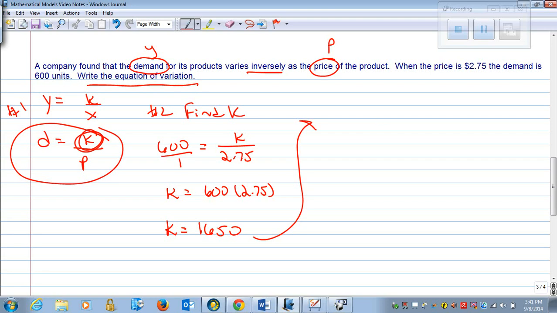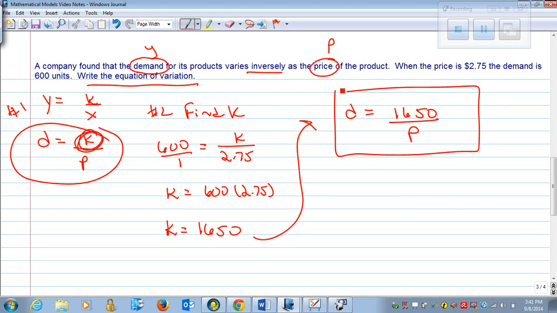now we have a value for k. So we would have our demand is equal to 1650 over our price. And that 1650 is a constant. All right, now what I want you to do is use the equation that you found, and I want you to predict what the demand would be when the price is